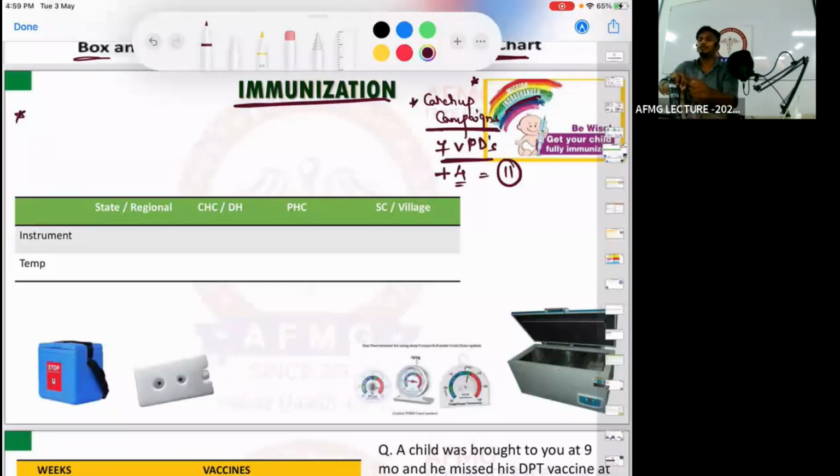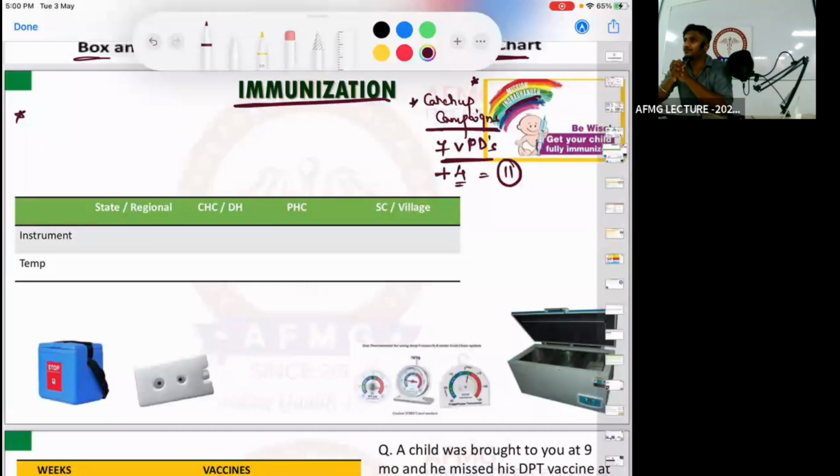First of all, if I talk about immunity, what is the example of natural active immunity? Natural active immunity, quickly. Disease, right? So natural active immunity is disease. The disease comes naturally, and active means your body is forced to produce antibodies. That is natural active immunity. Disease or infection is natural active immunity.